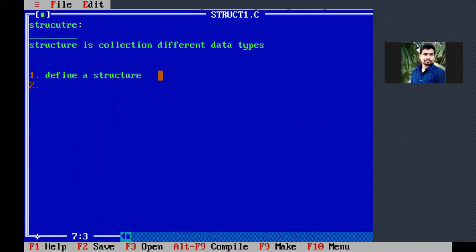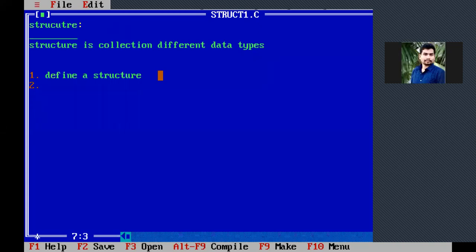For example, student structure contains roll number and name, and it contains a percentage. But if you don't allocate the memory for that particular roll number and name and percentage, you cannot give the roll number value, you cannot give any name, and you cannot give any percentage. To assign these values, we must allocate the memory first.